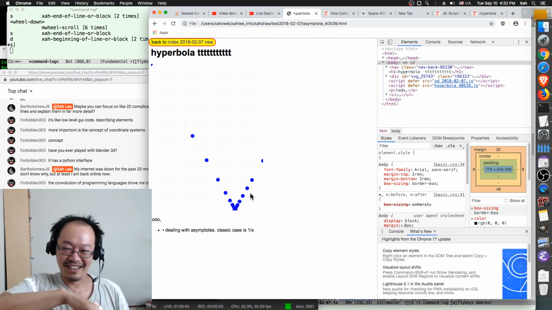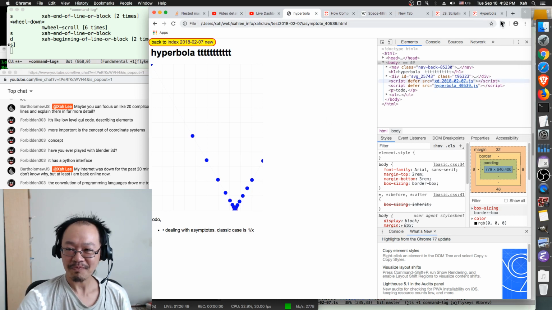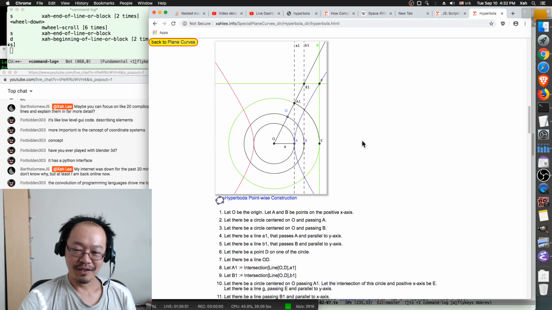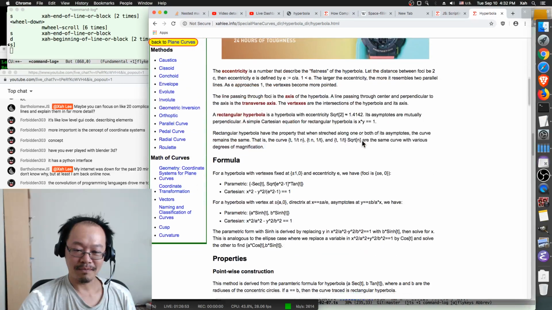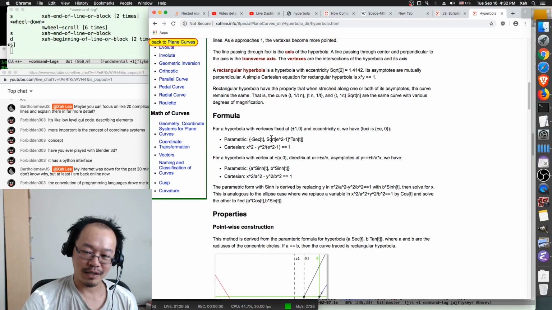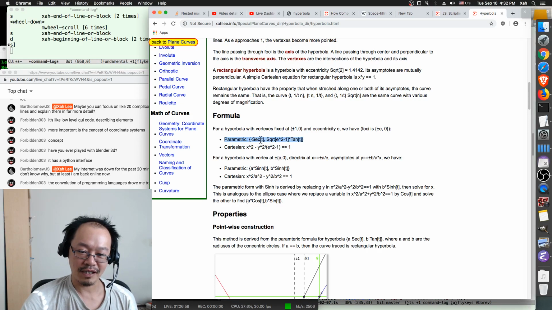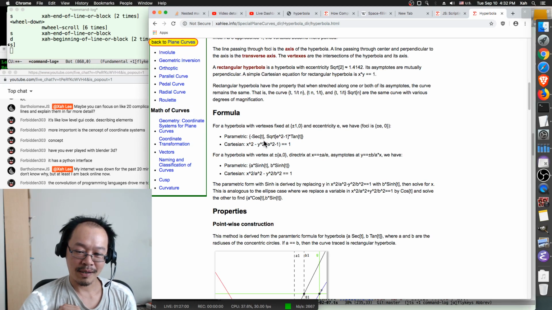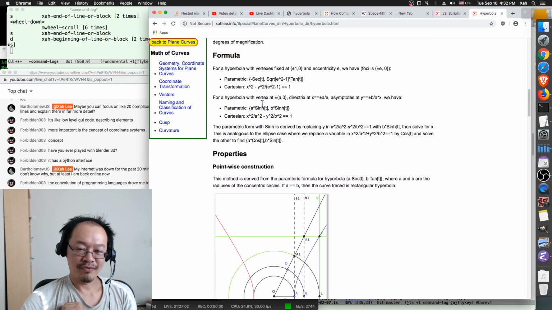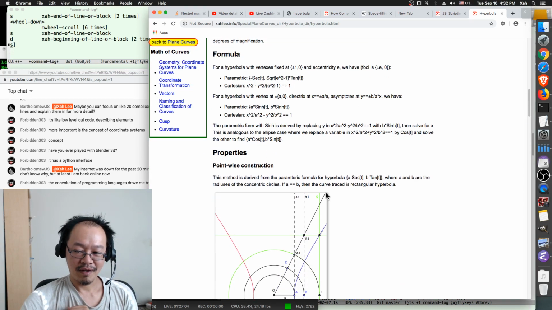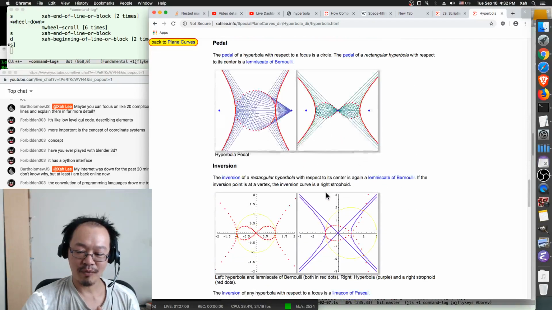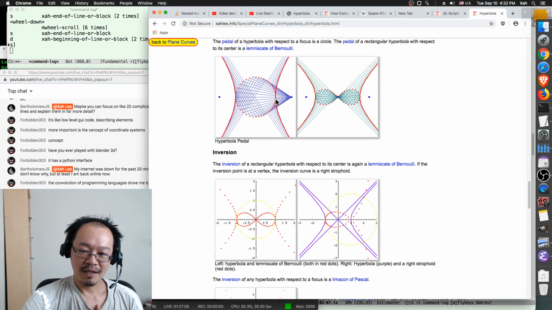It works on equal angular triangle. So let's do hyperbola. It failed. Why? Because when you use a specific parametric formula, there are many formulas, by the way, but if you use one formula, what will happen is that the point will